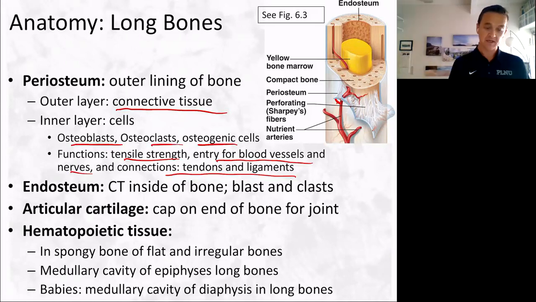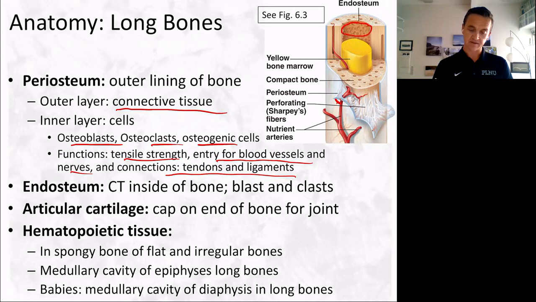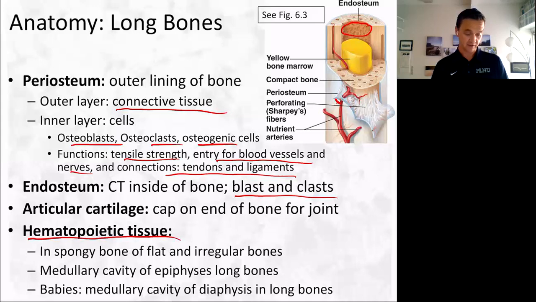All right, endosteum. This is on the inside here. This is connective tissue on the inner part of the cavity, and it also contains osteoblasts and osteoclasts. Articular cartilage, we're always going to have articular cartilage on the end of long bones because that's where joints are. Remember, that's hard, rigid, and smooth. And then again, hematopoietic tissue. This is in spongy bone of flat and irregular bones, and then in the medullary cavity of the epiphyses of long bones. So the epiphyses of long bones,